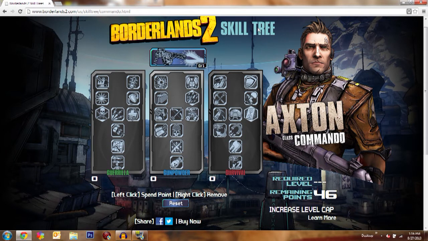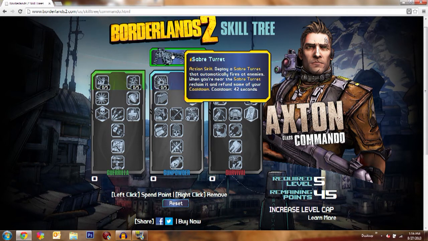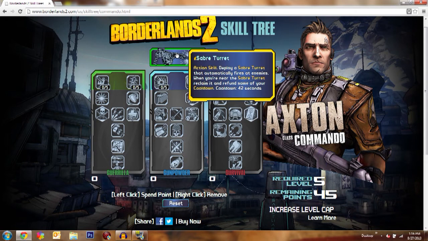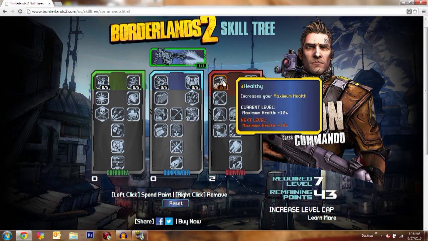You don't want to just give them one true guide, you know what I'm saying? So what you're going to do for this duck and cover is, like I said, do the turret initial thing. You have to do that. After we talked about the turret a little bit, you know what the turret does, anyway, after doing that, you're going to do Healthy 5 out of 5, and this is going to increase your